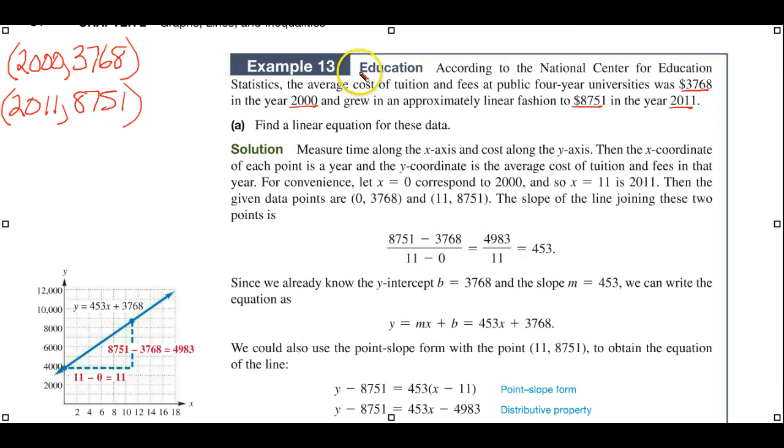So for our last example, we're going to look at a little application. Education, as you read this through, went from this in the year 2000. So we could set that up as an ordered pair. And then in 2011, went to this. We could set that up as an ordered pair. And with that information, we can find our slope, which is this. Now they want an equation for this. So y equals our slope now, which is going to be